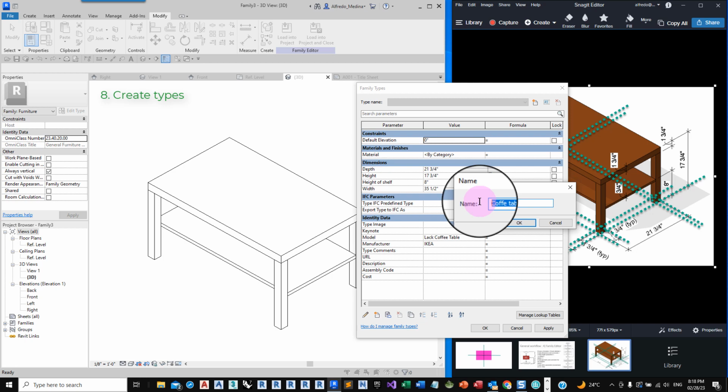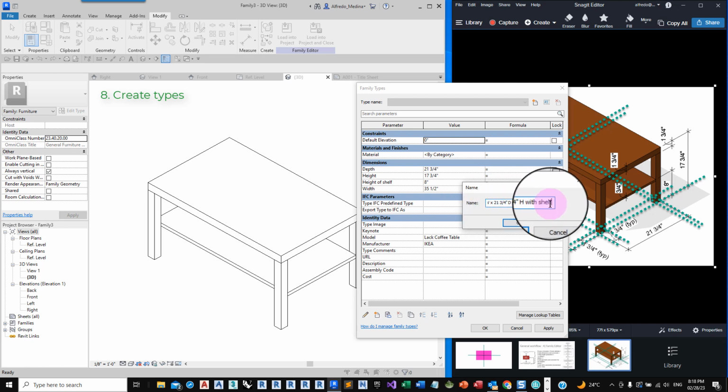For example, we could put first the width in inches, like this, 35.5 W for the width, and then times 21.75 of an inch, and D for depth, plus 17.75 height with shelf, for example.